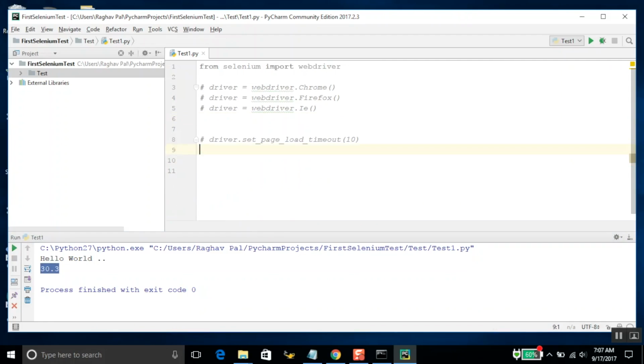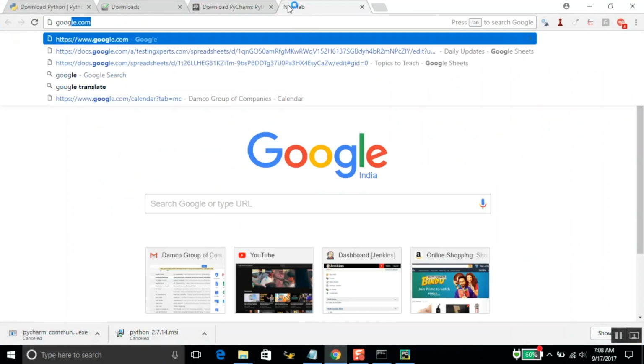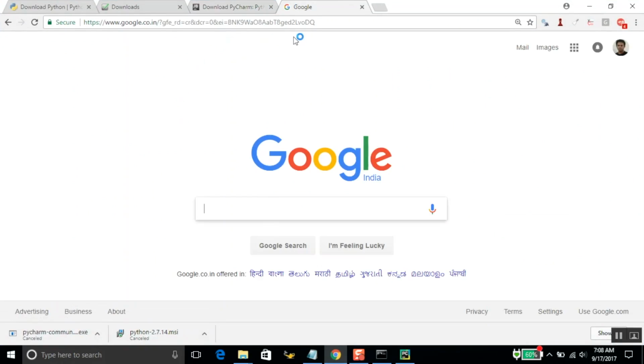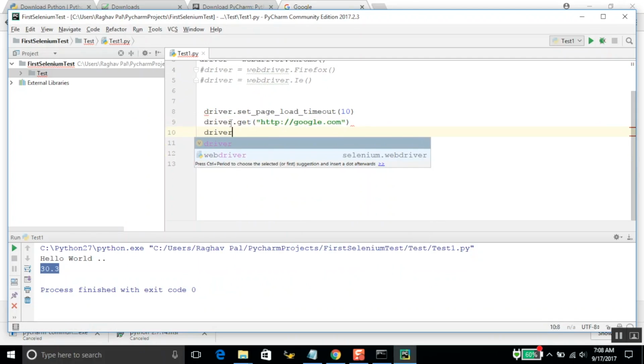Let us come back to our Selenium script. So for now, let me just uncomment the Chrome browser, and now here you can say driver.set_page_load_timeout 10, and then you can say driver.get, and here you can add the URL. So in our case, let us go to Google. Let me go here. So I will just say http google.com, and here I want to add,